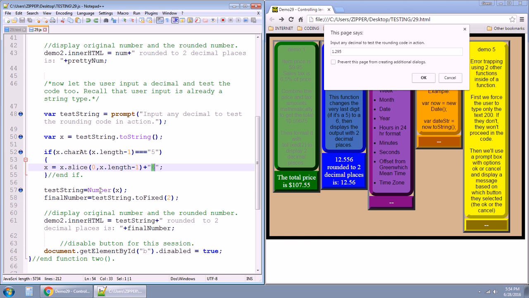Then we're going to go from x being a string data type to a number again. So testString is going to be equal to Number(x). And then we're going to create, I need to put var finalNumber equals testString.toFixed. So this one is going to give us just the 2 decimal places and round it up